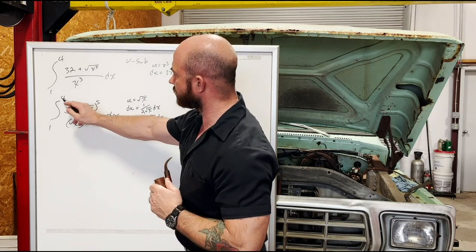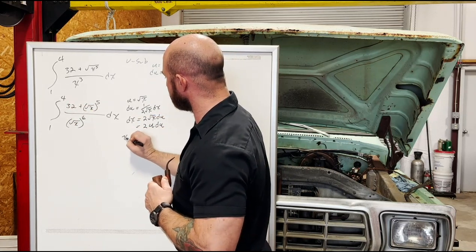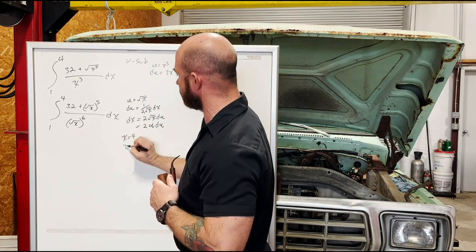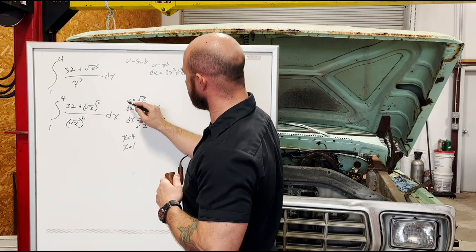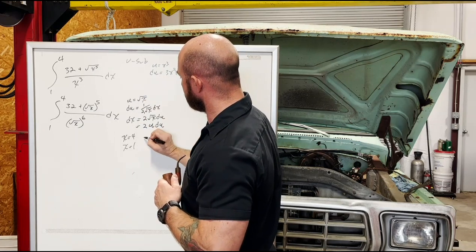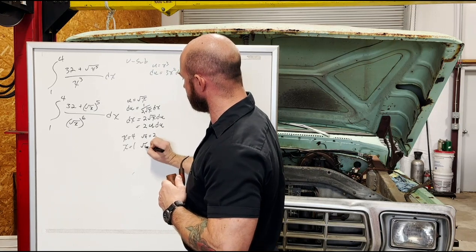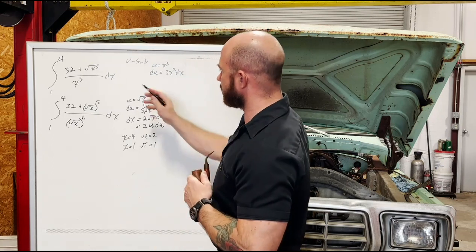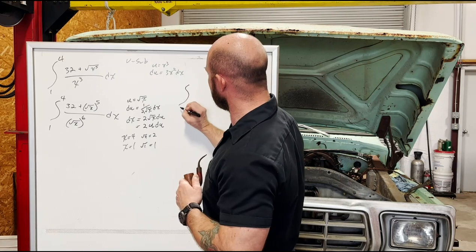Okay, the last thing we have to address is our bounds. Our upper bound, x equals 4. Our lower bound, x equals 1. So we plug that in here because we've changed over to u. Square root of 4 equals 2. Square root of 1 equals 1. So now, when we convert over to u, what we have